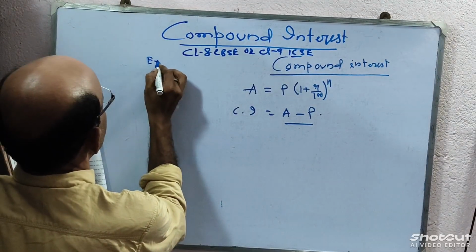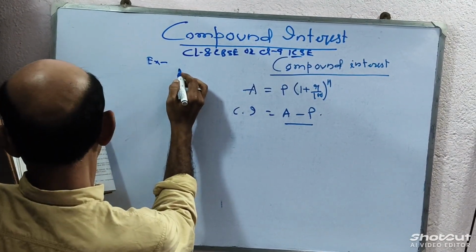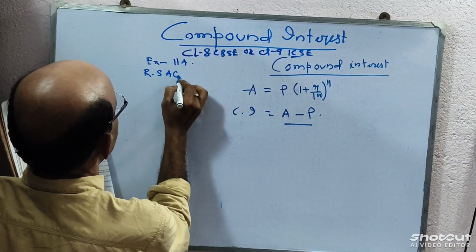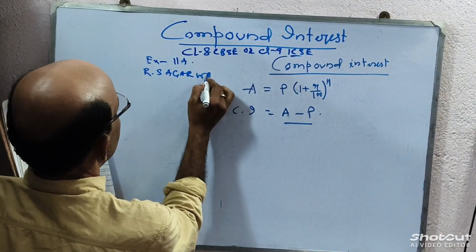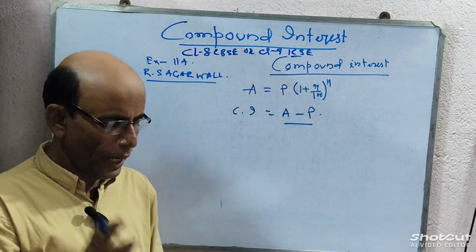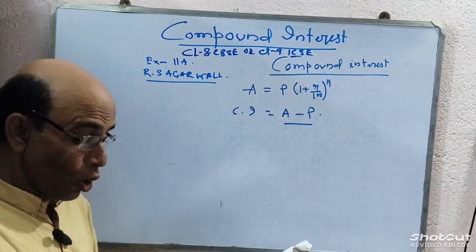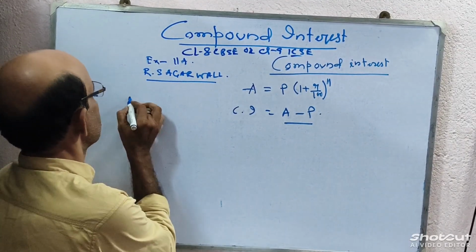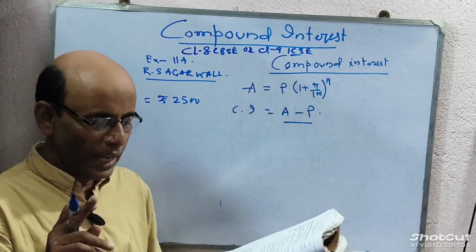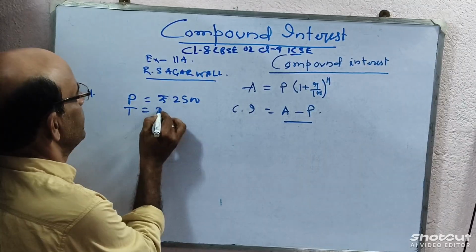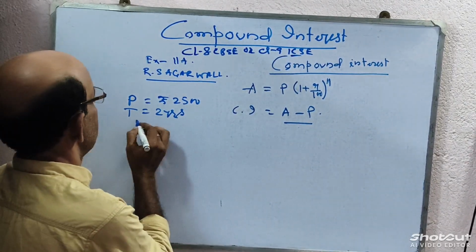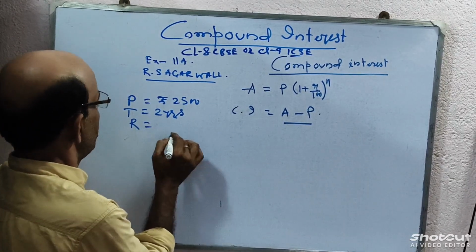Now I am doing some sums from R.S. Agarwal 11A. Question number 1. Find the amount and the compound interest on rupees 2500. That means principal is equal to rupees 2500. Time is 2 years. And rate is 10%